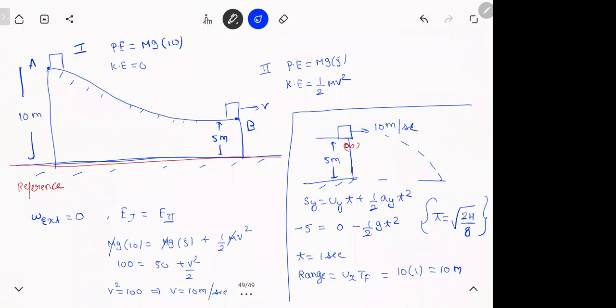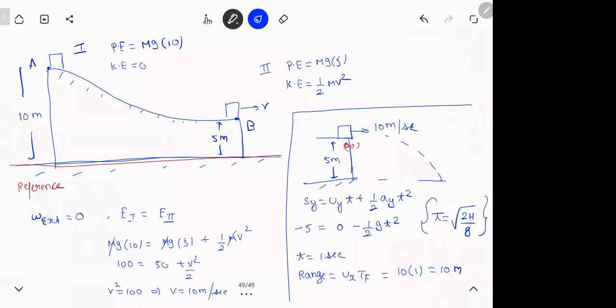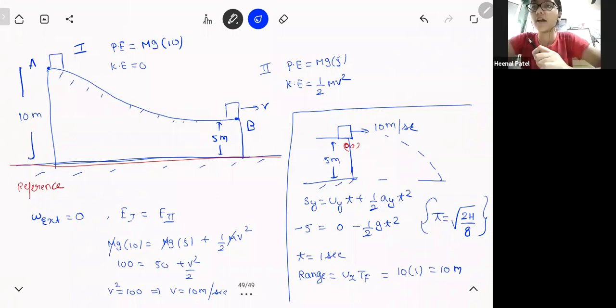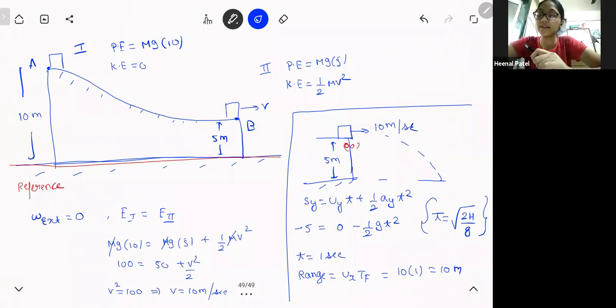Any doubts in any particular step? Sir, for finding the range, we can directly use equation of trajectory also. No? We can take theta as 0. Then you'll take y as what? Minus 5. Yes, minus 5. But you get the unnecessarily quadratic equation in x square. Sir, we get directly. X square is 100, so x will be 10.